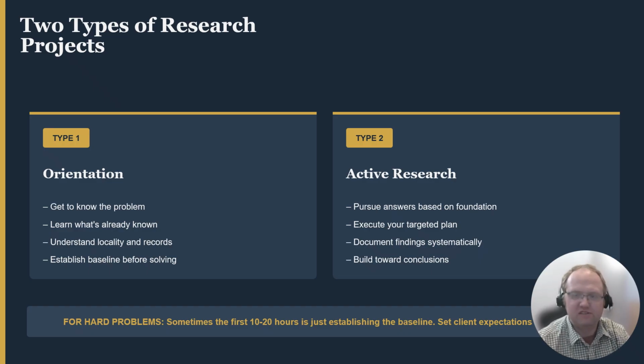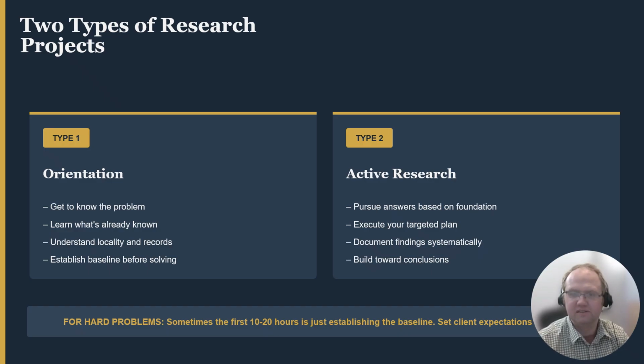Another thing about professional reality, the project scope. There are two project types, and clients should understand what they're commissioning. Type 1 is orientation. Whole project just getting to know the problem. Learning what's already known, getting to learn about the locality, the records available for it, establishing the baseline before solving, which we've already mentioned should be done for all projects, but this is where you spend a whole project just